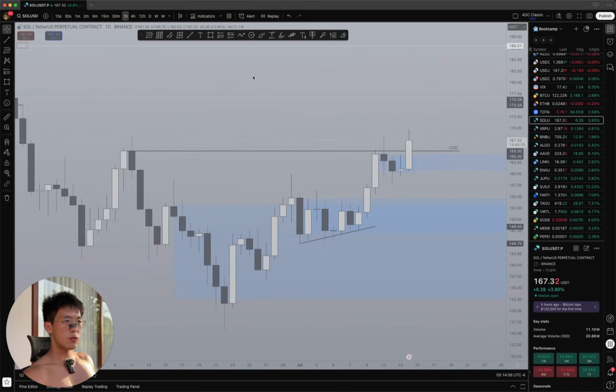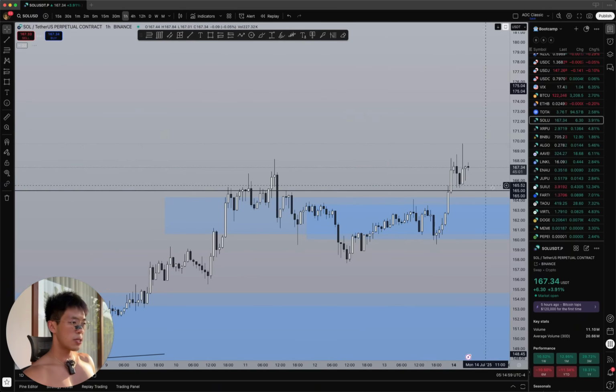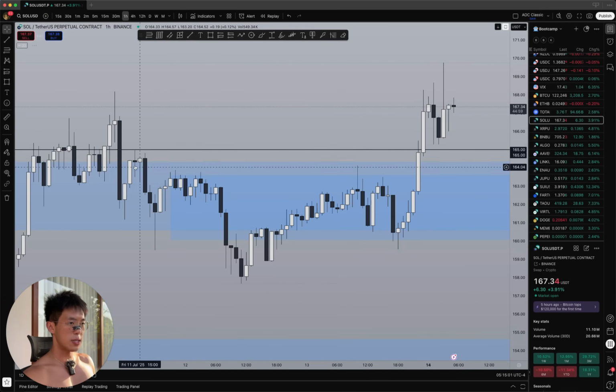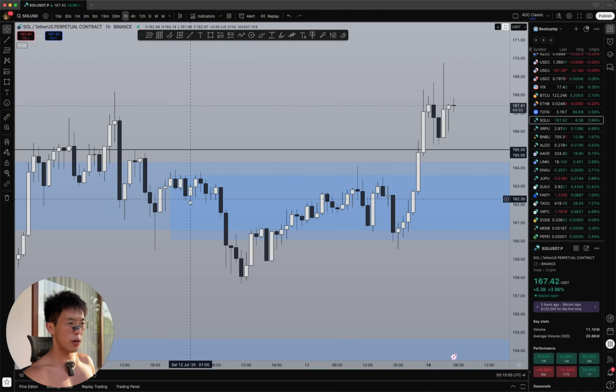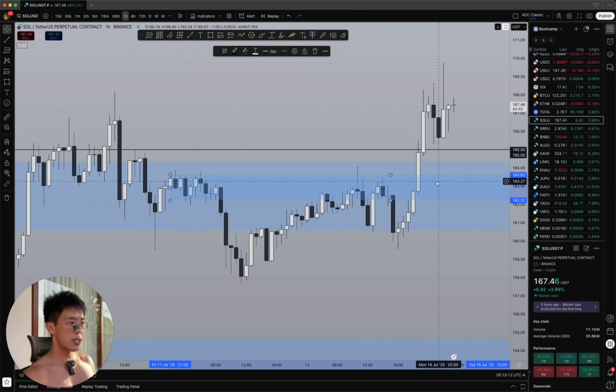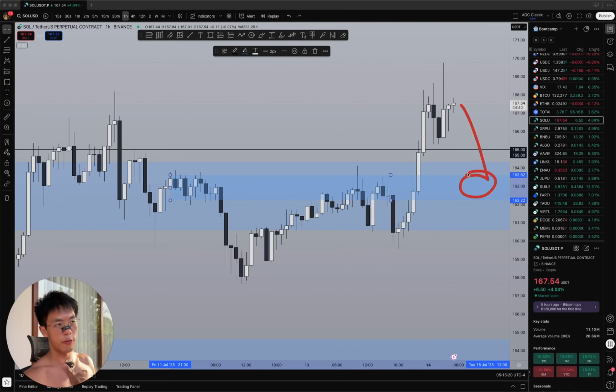So going down to the 1 hourly chart, what you will come to realize is that this daily order block right here that we drew out also aligns with a lower time frame order block, in the sense that if you were to map out the amount of volume that is concentrated, you could see that this area between $164 and $162 looks like really strong support. And so in the event that you retrace into this, this is just how we're refining down the higher time frame, really wide levels,